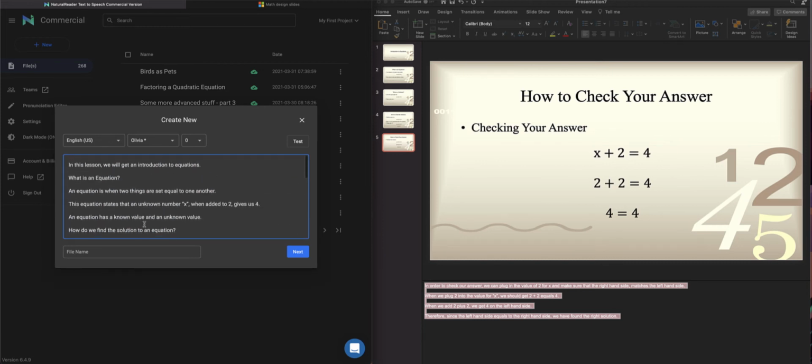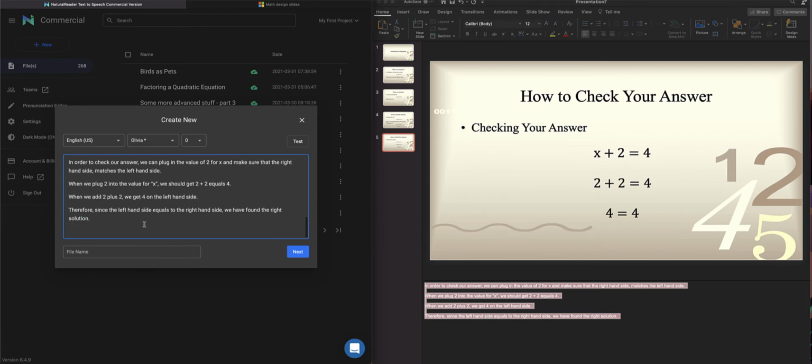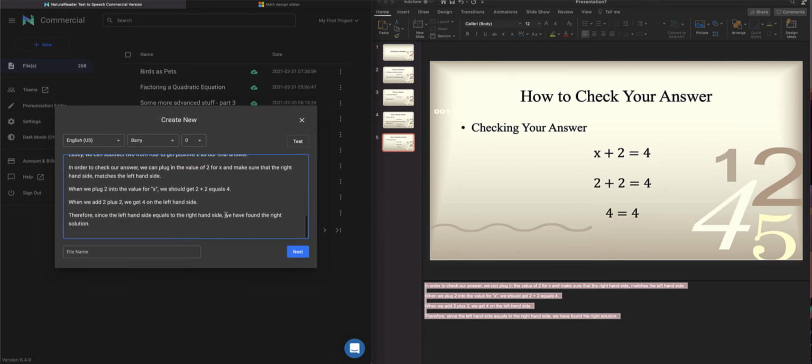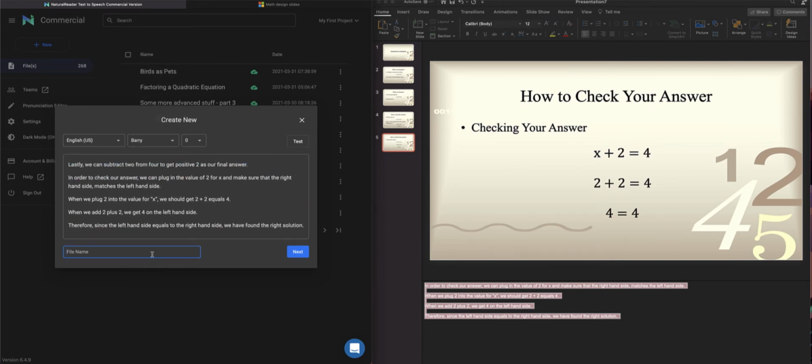Okay, and then this will be like our starting template, and I can select from a whole host of voices. So the female voices are down here, the male voices are up here. I'm not sure which one to pick, so I'll just pick something random. I'll pick Barry, and then just go with that, see how that does. You can always change it later, and I'll name it